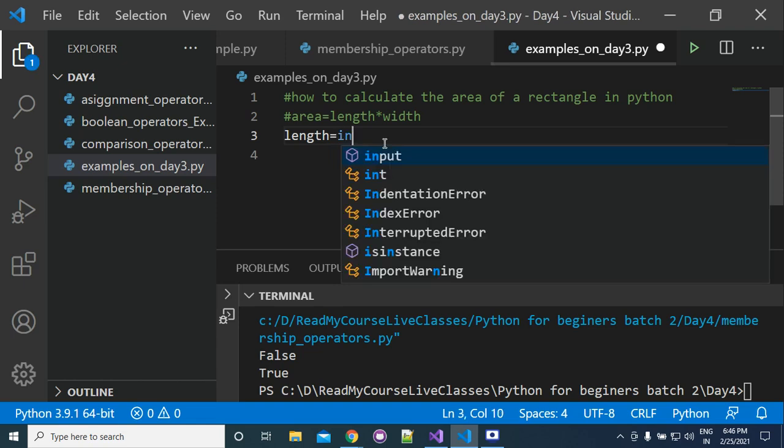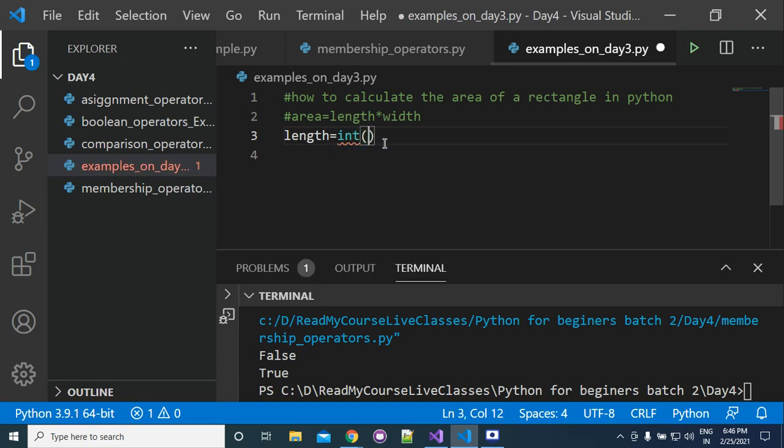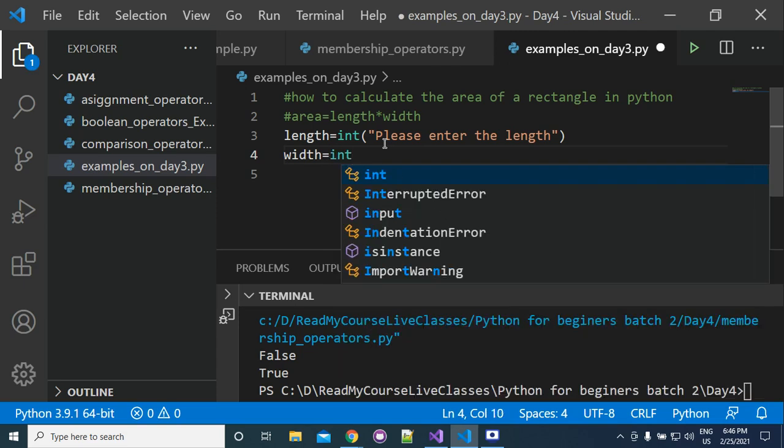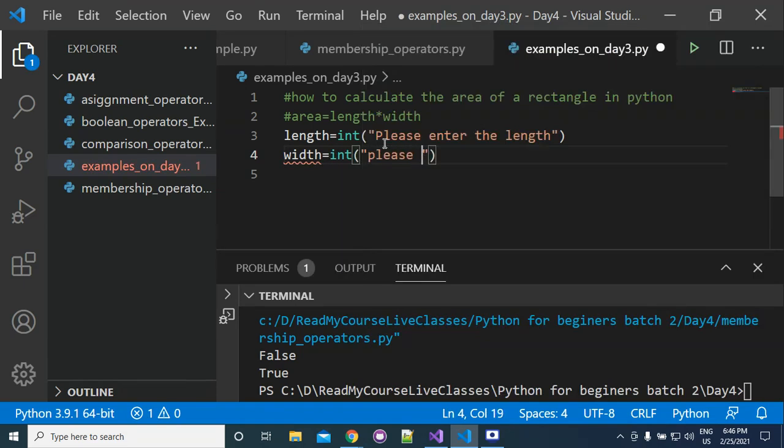So we will write length is equal to int, please enter the length, and width is equal to int, please enter the width. Now we will have length and width.